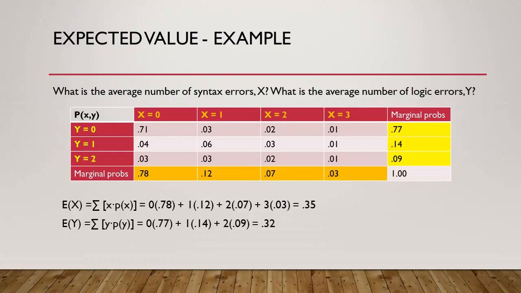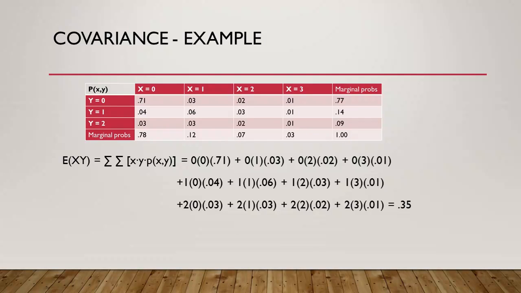So now let's look at the covariance, and remember I'm going to be needing the expected value of x times y, so that would be summing each x times the y times the probability. So now going to each cell in this table, I have an x of 0, a y of 0, and that happens 71% of the time. So I multiply the 0 times 0.71, etc., through all of the cells of the table, and I get a 35% chance of